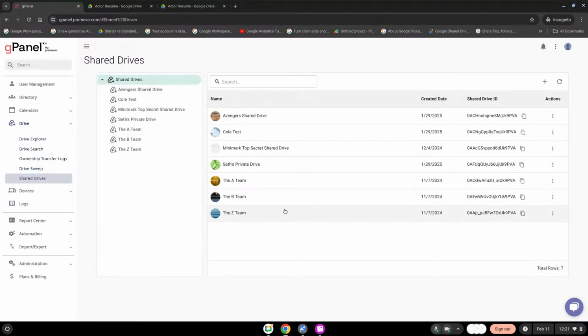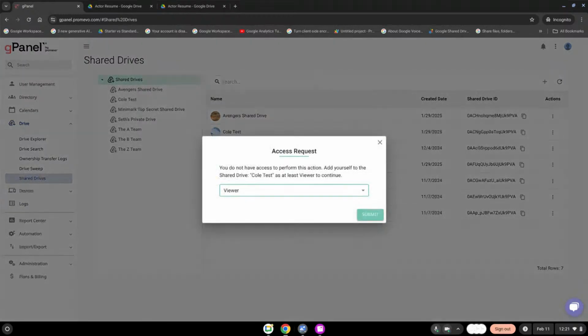Now, as an administrator, admins will be able to see all of the shared drives in their domain, and they also possess certain controls. This includes the ability to share drives, manage members, and adjust their roles, which mirror those found in the native Drive app. In the event that you come across a drive that you don't have access to, you will encounter